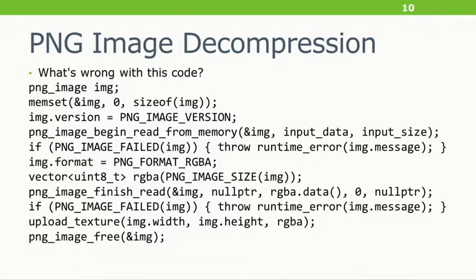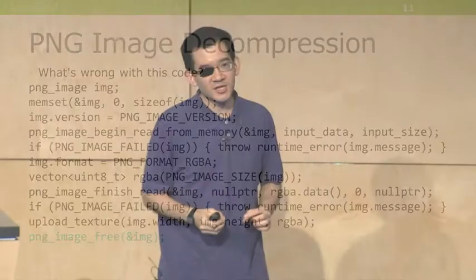So what's wrong with this code? Well, the problem is this ping image free at the bottom. The point of this example is that resource management comes in many forms. We like to bash on new and delete all the time because it's so simple to put in slides, and it is the one that you'll see most of the time. But anytime you acquire a resource from the system and you have to give it back, especially when working with a C library, that is a candidate for the exact same things that we wrap new and delete for.